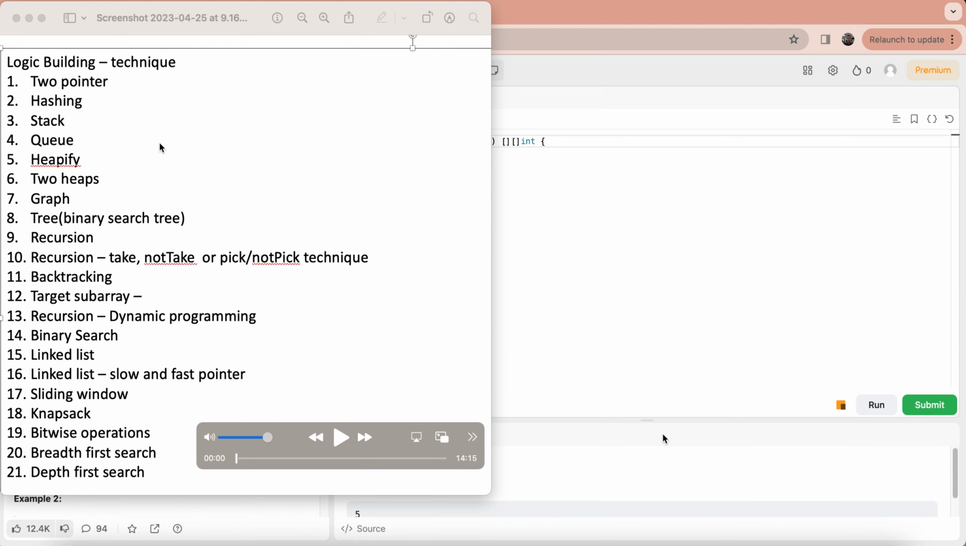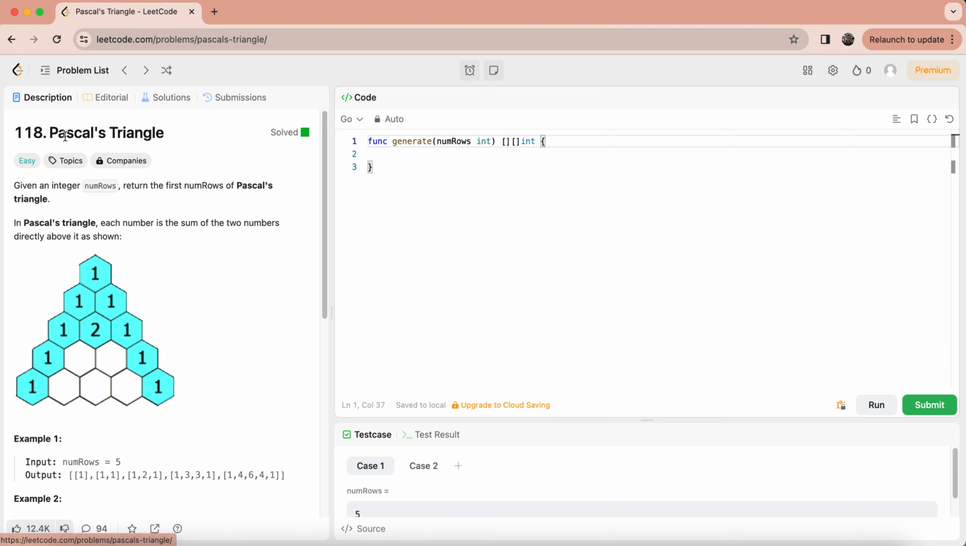Let's see another easy problem today. The problem doesn't come into this algorithm, but that's just a use of the for loop. So let's see that. The problem is Pascal's triangle. Pascal's triangle is just something